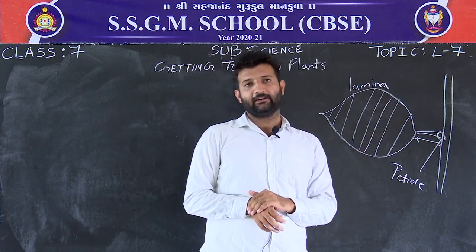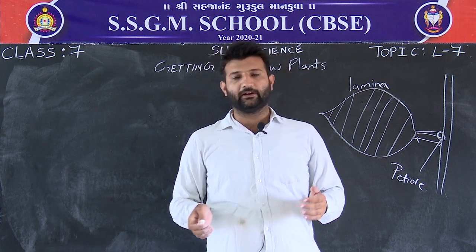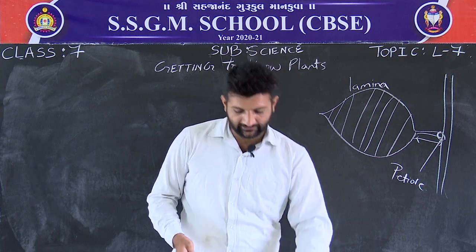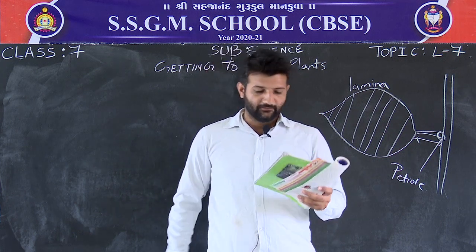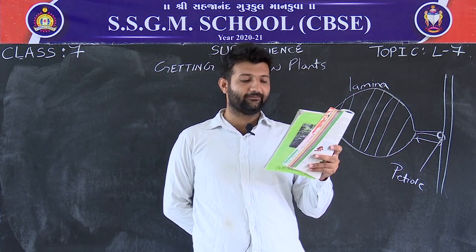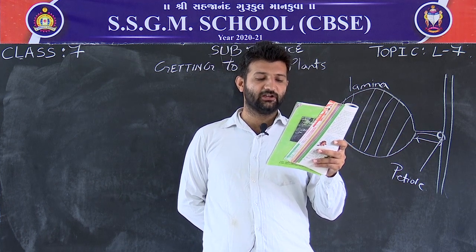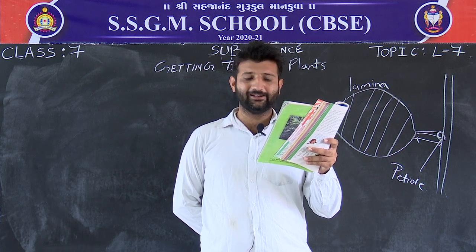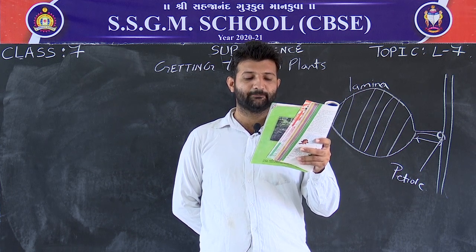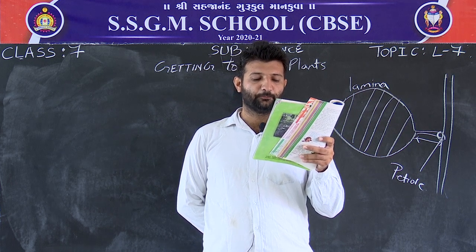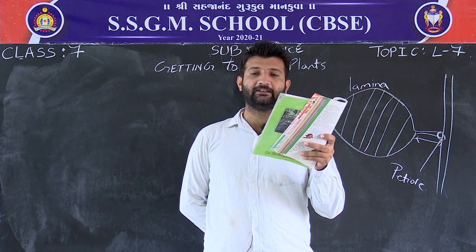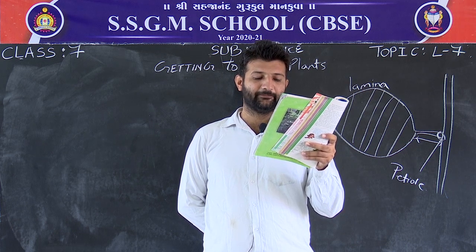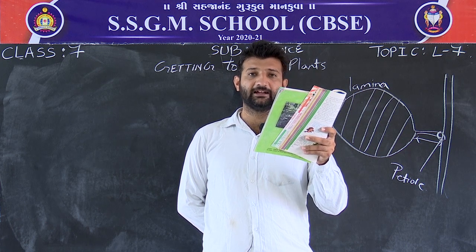So again they are saying to do one kind of activity about the impression of the leaf. So here we start our next activity, that is activity 3. What are they saying? Put a leaf under a white sheet of paper or a sheet in your notebook. Hold it in place as shown in figure 7.9. Hold your pencil tip sideways and rub it on the portion of the paper having the leaf below it. Did you get an impression with some lines in it? Are they similar to those on the leaf?